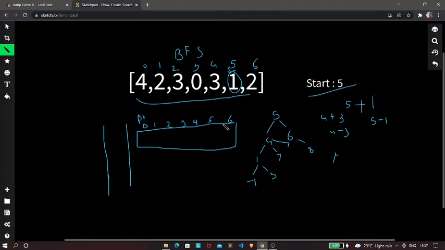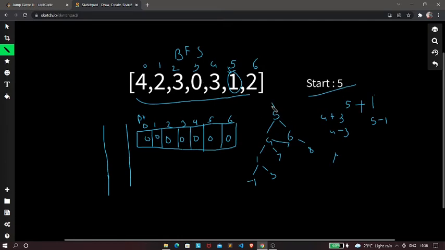Let's create that. So this is one block, and this is another, this is another, and this is another, right? These are all 0, or you can write false also, which means that it is not visited still, right?